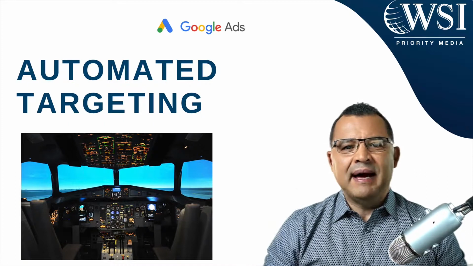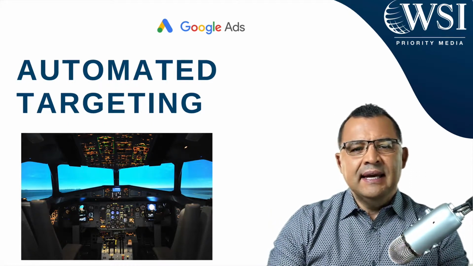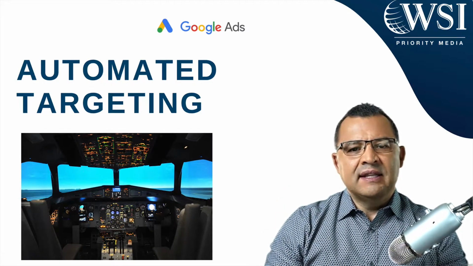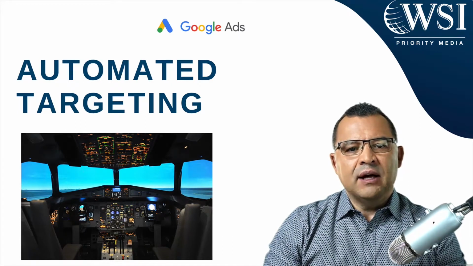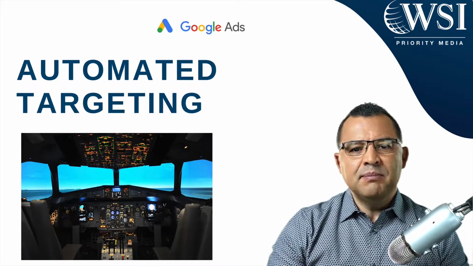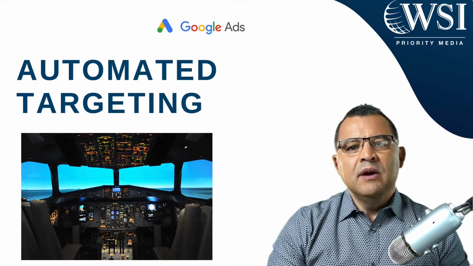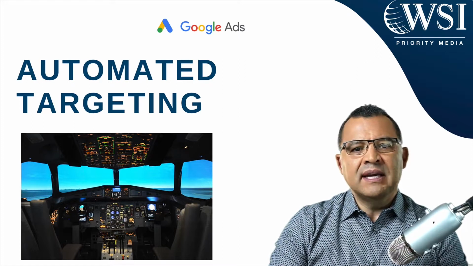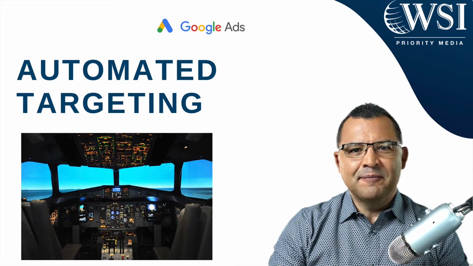Hey everybody, welcome back. Most people set up their automated audience targeting in Google Ads and they forget to first check the setting, if it's left on, and decide really if they're going to be turning it off and if it's not going to help the campaign goals. So in this video, I'm going to show you some tips that you should be aware of with automated targeting in Google Ads and display ads. What automated targeting does with your campaigns and how you can get a better ROI with your placements and your targeting.